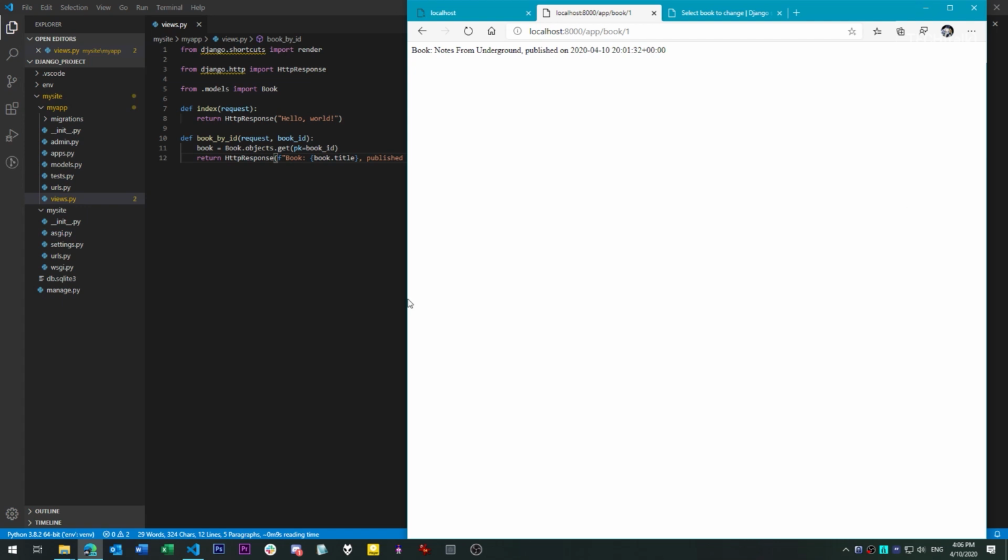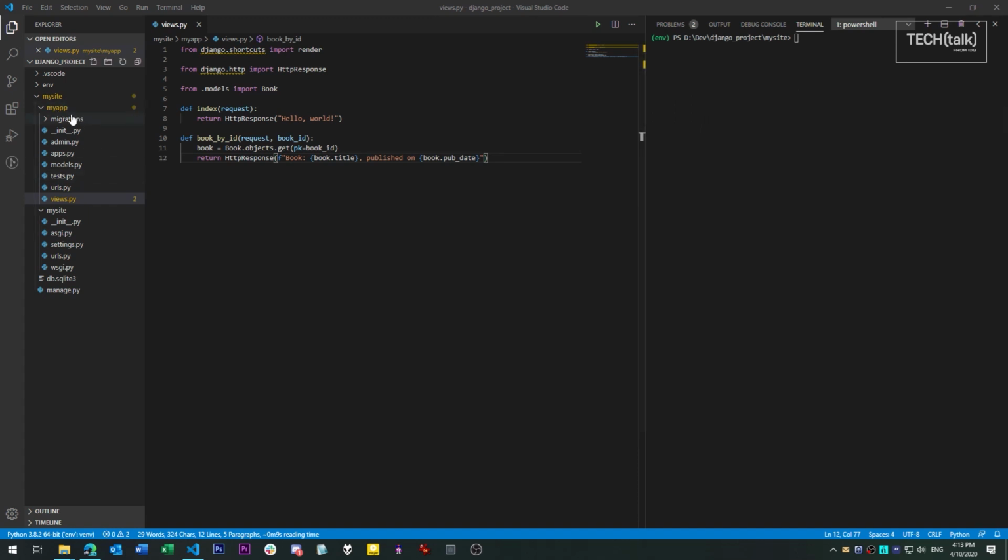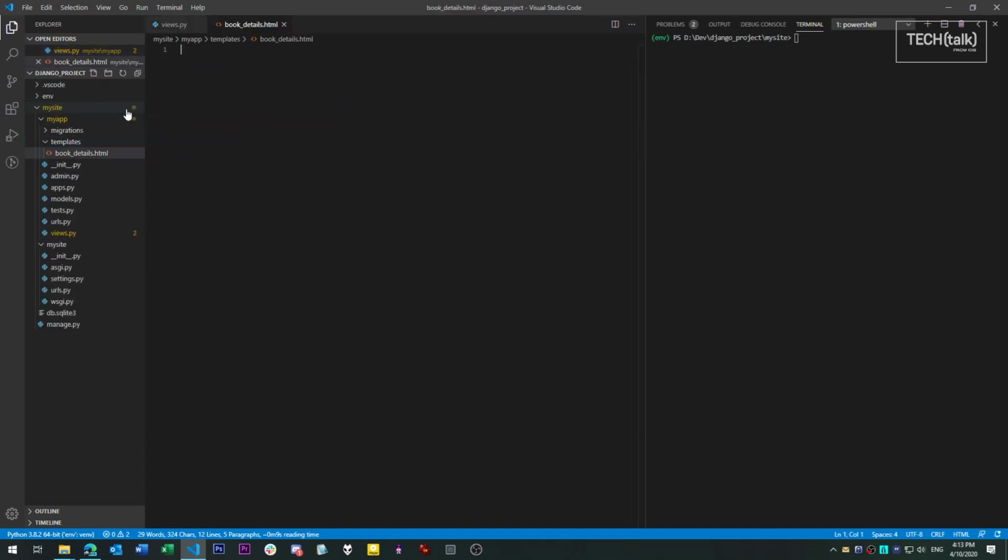One other thing worth demonstrating here. We don't have to jam all of our output back to the user into a string. We can create a template, a more free-form way to generate a web page and return the data to the user, including the data we've retrieved from the database. Templates in Django have very little logic in them. They're used mainly to display information we've already processed. But we're not doing very much processing here. We're just displaying the book information, so this template is going to be pretty straightforward.